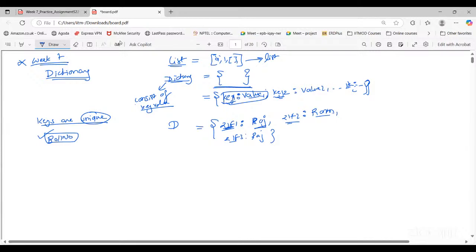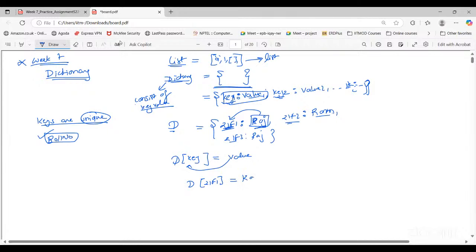So how can we get data from this dictionary? In the case of a list, we know how to get data: we have first, last, init, rest, all these functions, and we have a for loop on the list, so we can get data one by one. But in a dictionary, if I want this Raj, what is this name Raj corresponding to? Key 21F1. So whenever you see this dictionary D and square brackets, we define the key here. This will give the value corresponding to that particular key. So when I say D[21F1], its value will be